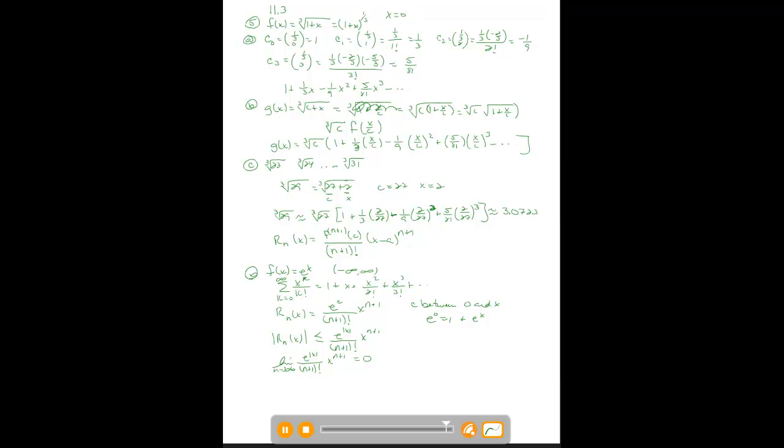So since that remainder heads toward 0, then it makes sense that this thing converges for all x, and there's not a leftover piece because the remainder is heading toward 0. And the question is, if we want the remainder to be 0, if the remainder is 0, then it's converging for all x, from negative infinity to infinity, which is what they